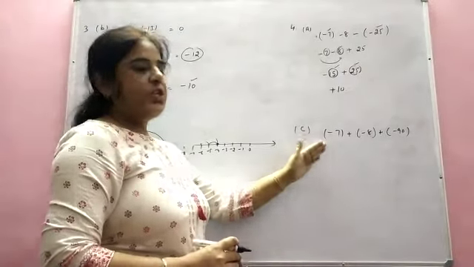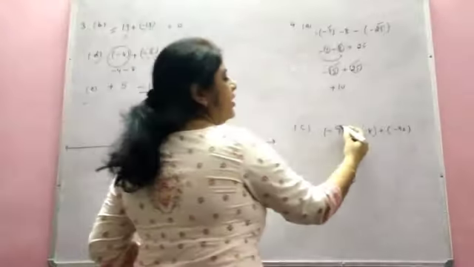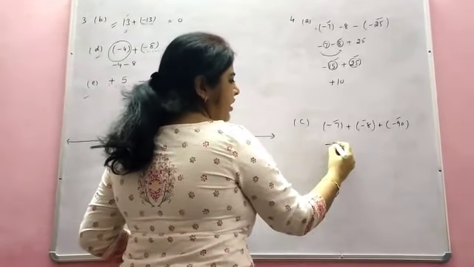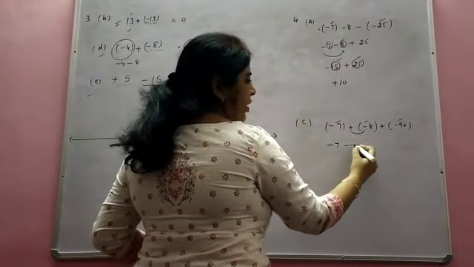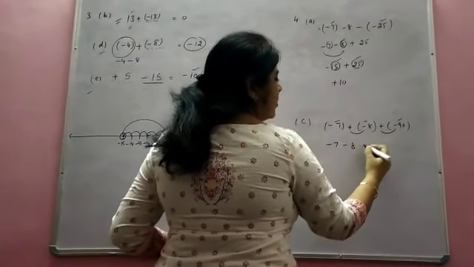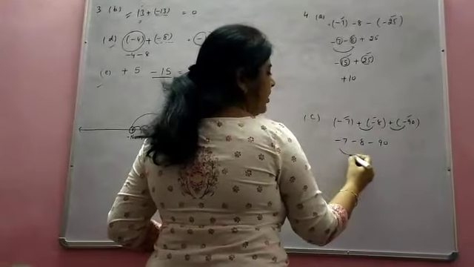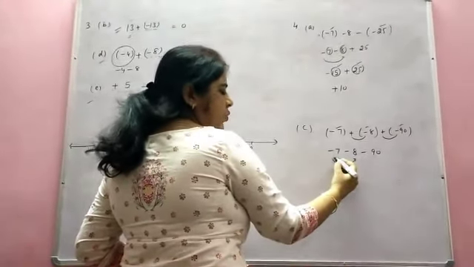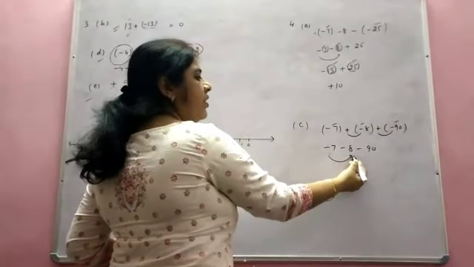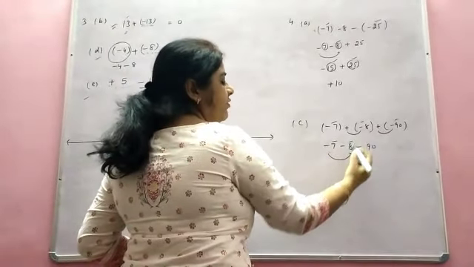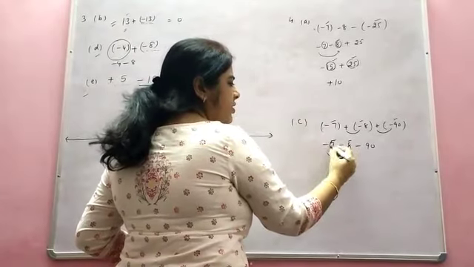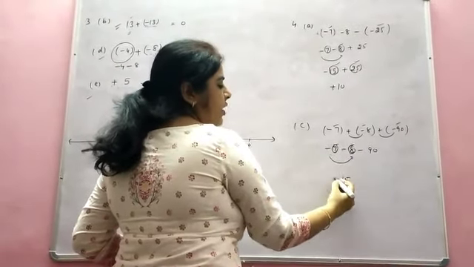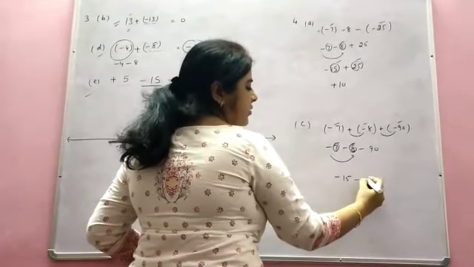Come to the next expression. First you see that there is a single number inside the bracket. Now open the bracket. Minus 7 plus minus becomes minus. Plus minus becomes minus. So these two first. If two negatives, don't look at this one. Just see these two. Two negative integers are there. So we add the numbers. So 7 and 8 will be 15. Which one is bigger? 8. Which sign does it have? Minus. So minus will come. And this as it is.